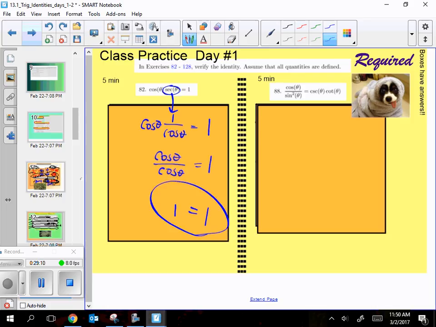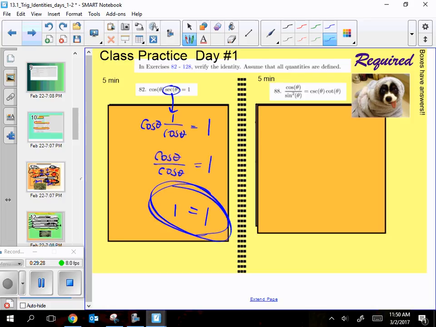That was, of course, a really easy one. We had to make only really one swap. Yes, sir? I'm not going to make you say proven at the end. Even I will know that if you got the same exact thing on both sides, you have proven it. Okay. On the other side,